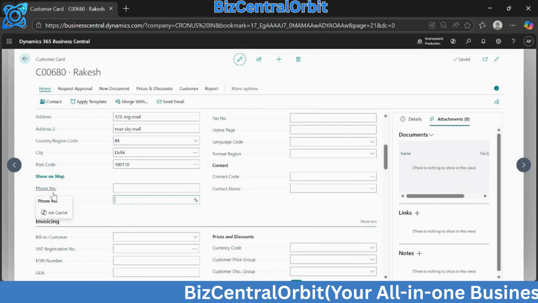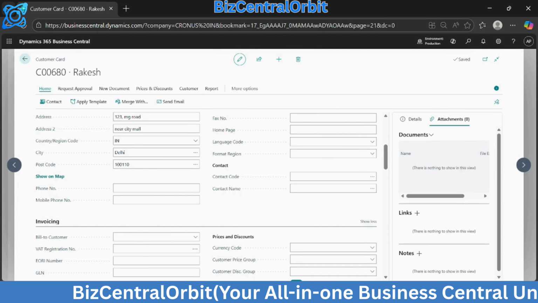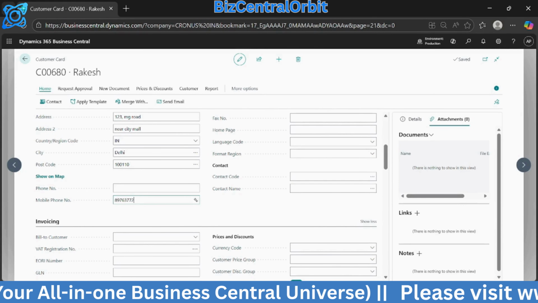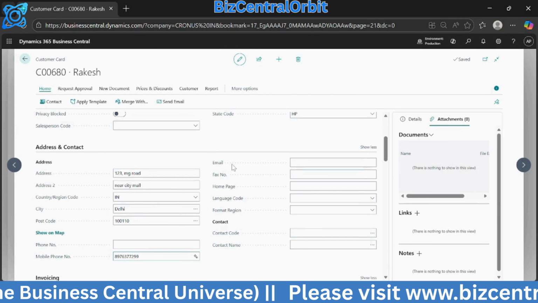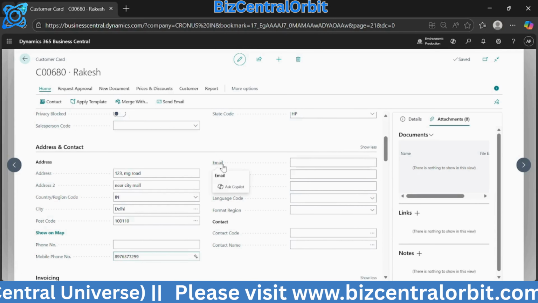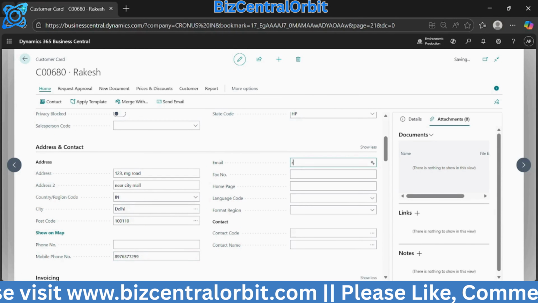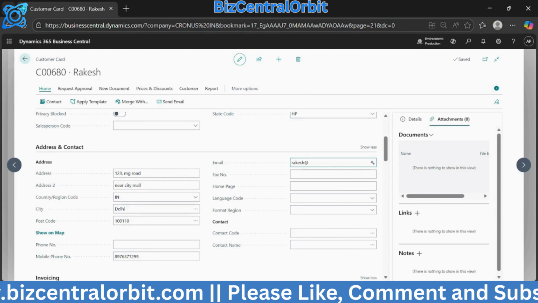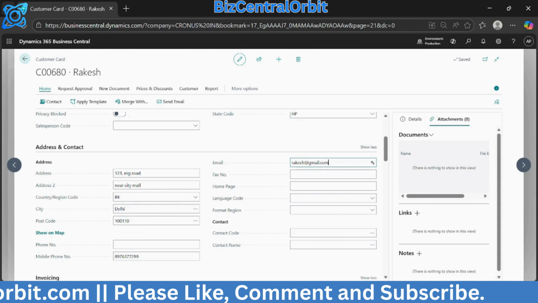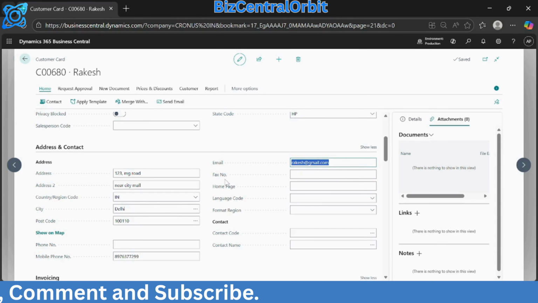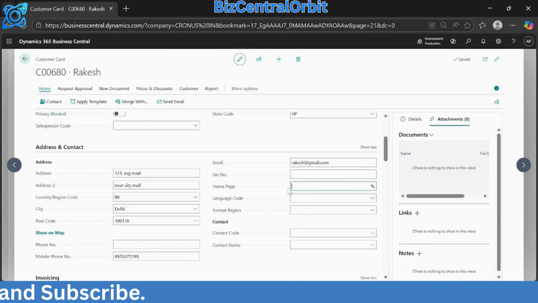now we will write the phone number and the mobile phone number of the customer. So here we will write any random 10-digit number. Then the Email address, the customer email address used for sending documents. So here, then the fax number of the customer, and the Home Page if there is a URL related to the customer, like